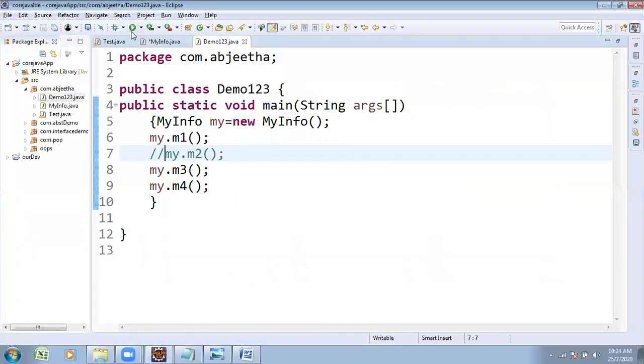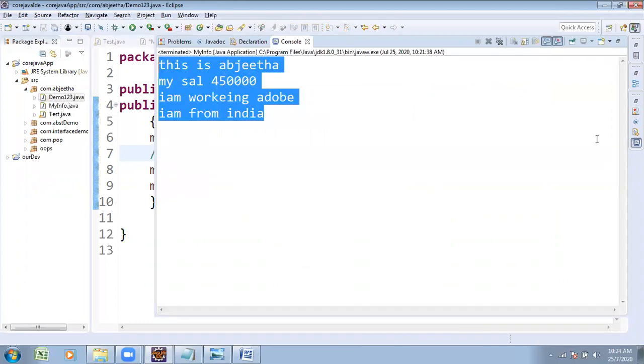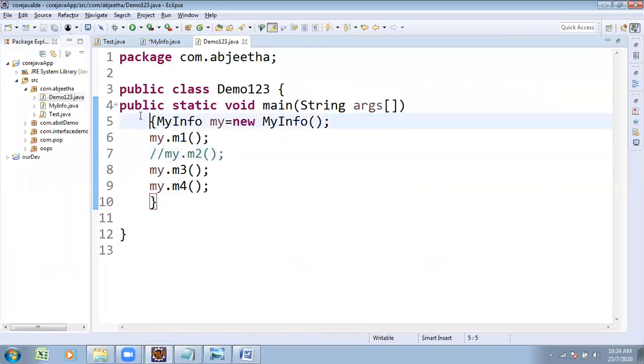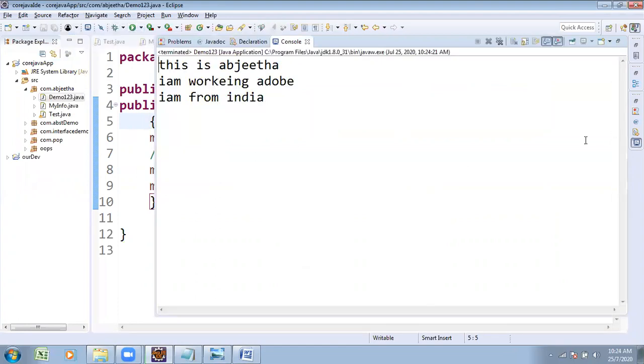Protected and default. Observe here: he is declaring, and I am utilizing. Everything is available with his program. But he is declaring and I am utilizing, and we both belong to the same package. Then observe, except his name, public property is available to me, protected type is available to me, and default type is available to me.